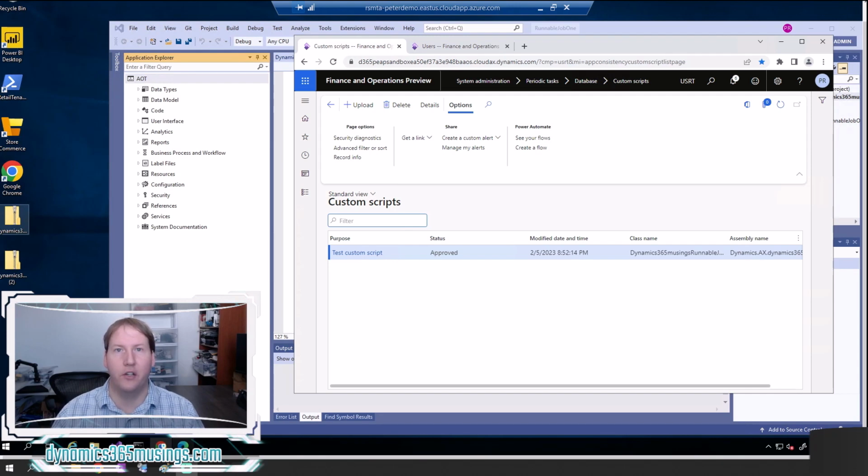Most of the time, if there's an issue in production, you want to use the user interface and correct whatever data you need to resolve the issue and then continue forward. But occasionally there are scenarios where the data really just can't be fixed using the user interface. If you've determined that's the case, then you'll want to write a runnable class, also called a job, and then promote that to production, and that can change data via X++ code in a way that you couldn't do